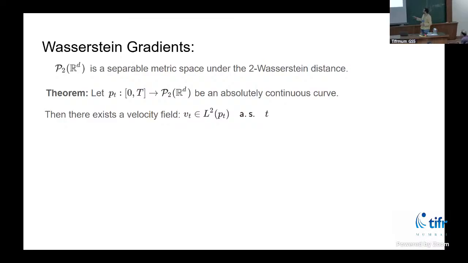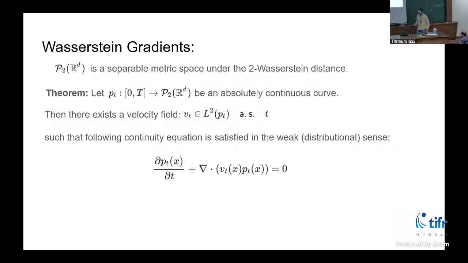Okay, then there exists a velocity field V_t. Okay, what is a velocity field? A velocity field is a map which maps an x to a velocity vector in R^d. It is a map from R^d to R^d, and it varies across time. Okay, so now there is a velocity field like this such that the continuity equation is satisfied in the weak distributional sense. So what I'm saying is that this continuity equation holds,